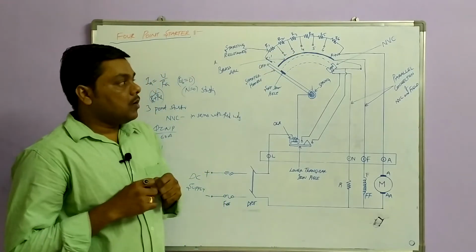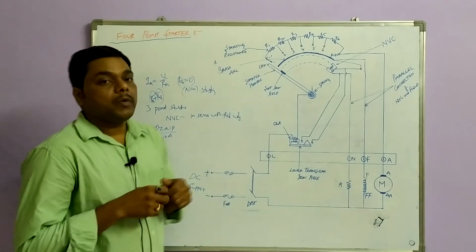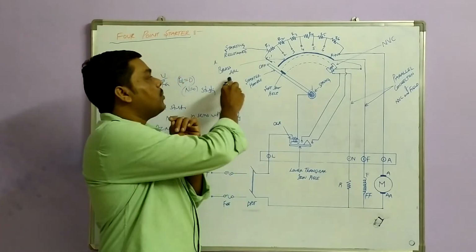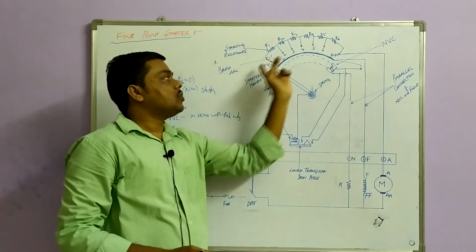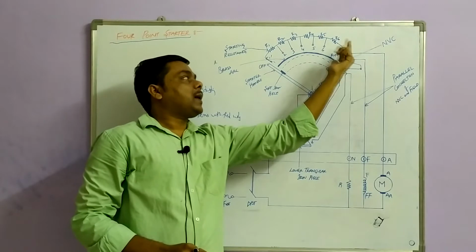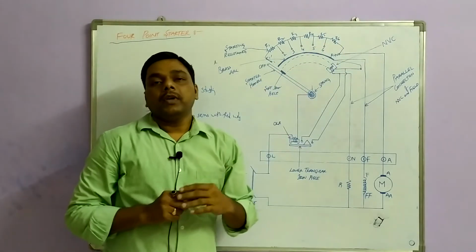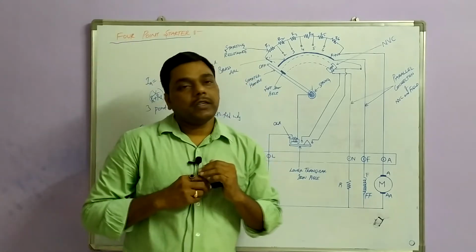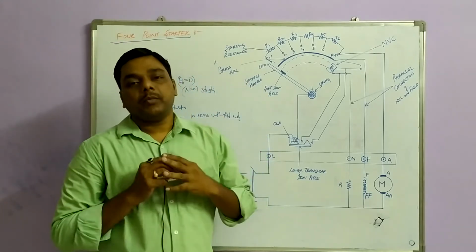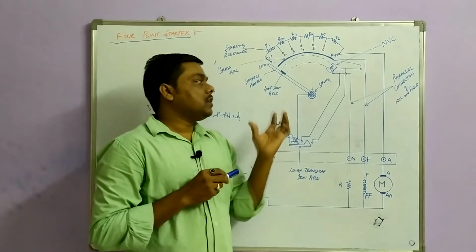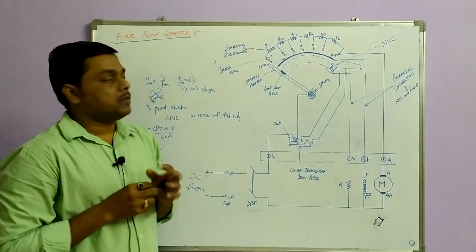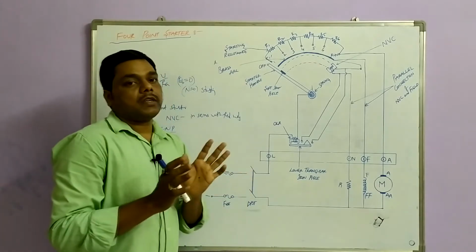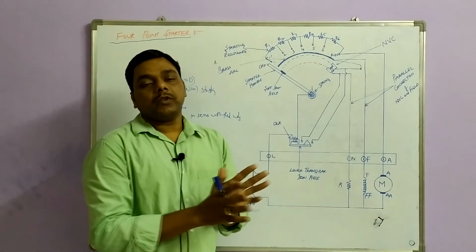Now in the 4-point starter, I am introducing a brass arc. This is given by a brass arc placed here. It is also connected parallel to the same resistance, but the function of this arc is going to be different from your 3-point starter. So let us see how it works. First we will see the main constructional difference between the 3-point starter and the 4-point starter.